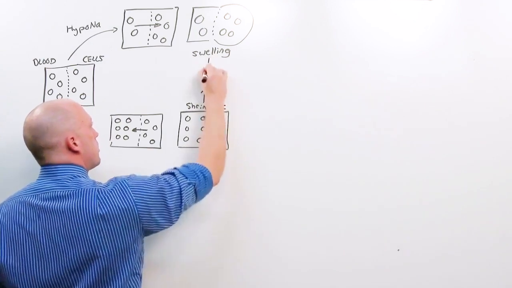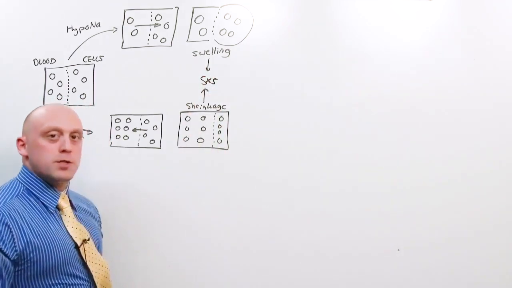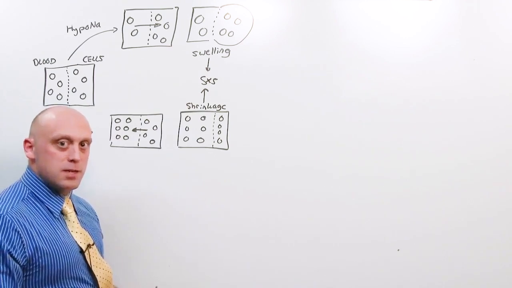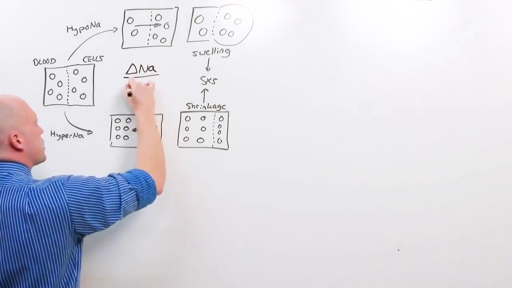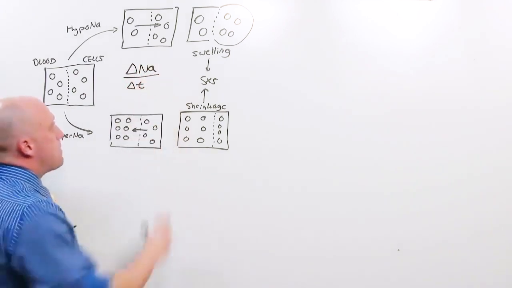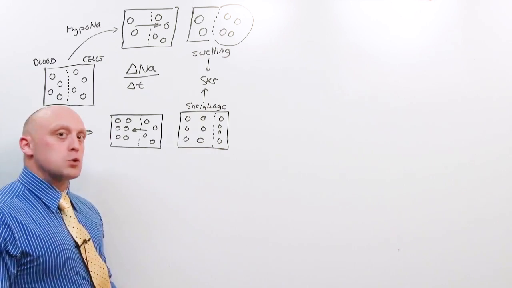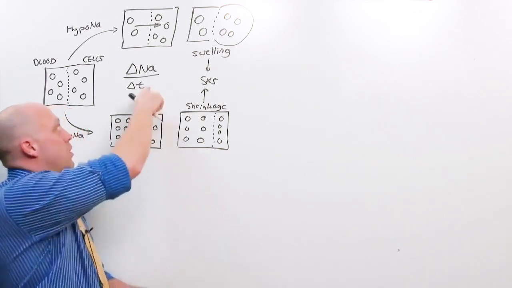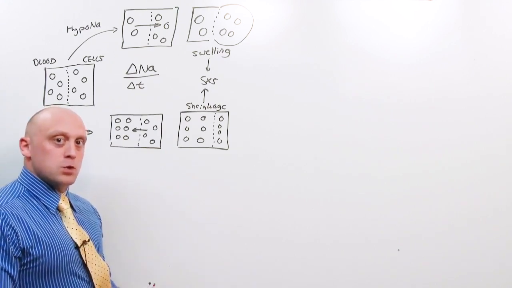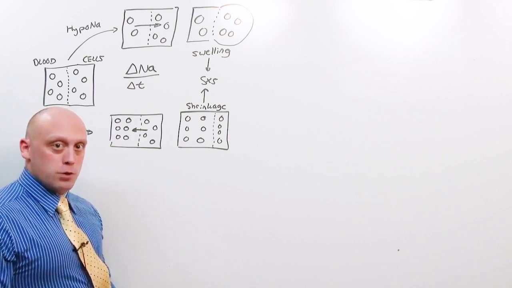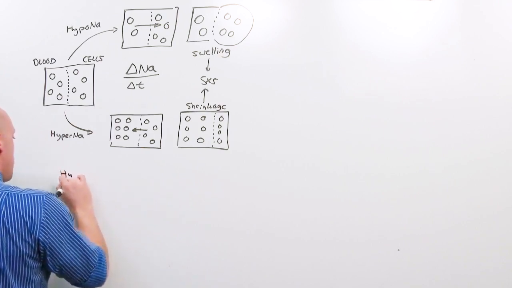Both lead to symptoms. And the severity of symptoms is going to be dependent on calculus, the dP/dt, that is the change in sodium over the change in time. So big sodium swings cause severe symptoms, but smaller sodium swings that happen very acutely can also cause a lot of symptoms. So what are the symptoms of sodium disorders? Well, for both hypo and hypernatremia,